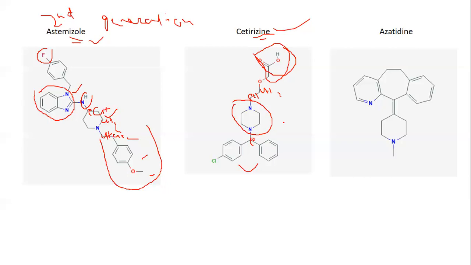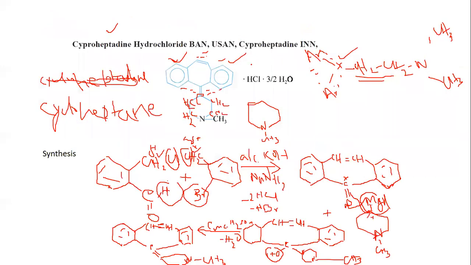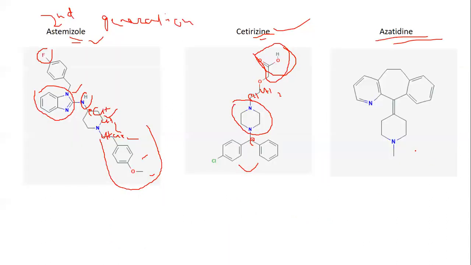Now, if you see this drug, the second generation one, azatidine, this is simply just like what you have just studied, the cyproheptadine. If you look at this, the structure is almost similar, right? What is the difference? One pyridine ring is used here. Actually, benzene and pyridine are bioisosteres. Pyridine is more electronegative, that can give rise to more potent structures. So you just put one pyridine ring here, and you get a more potent derivative, that is azatidine.